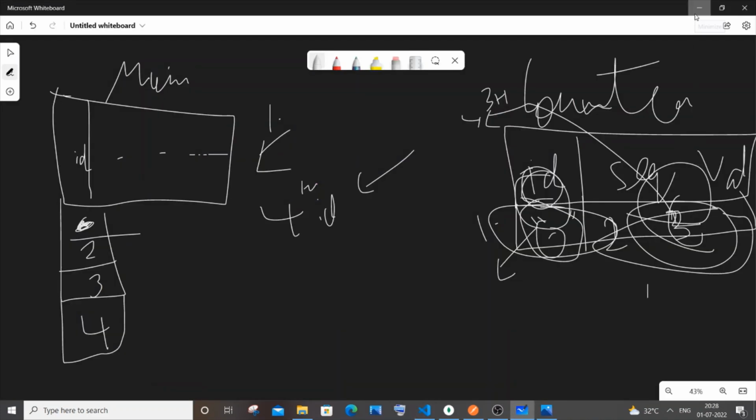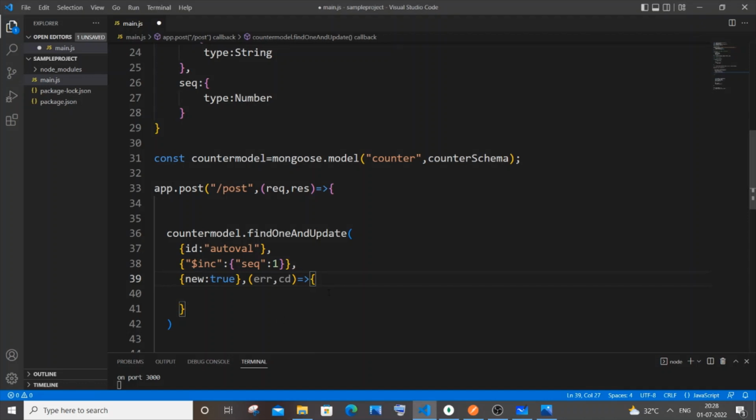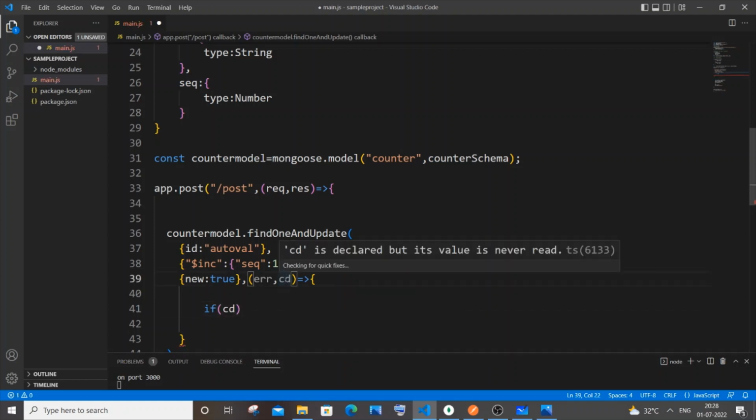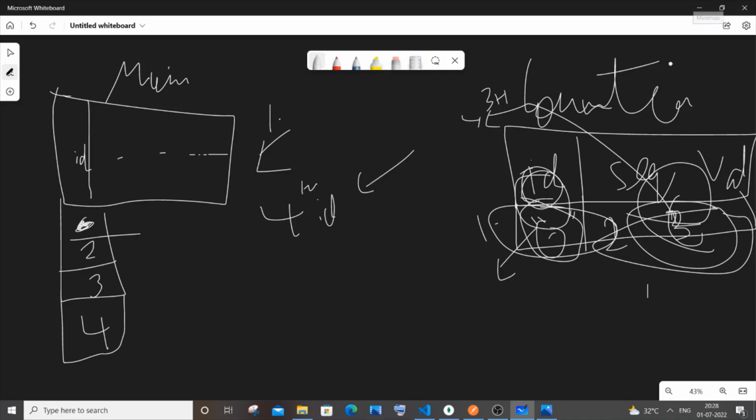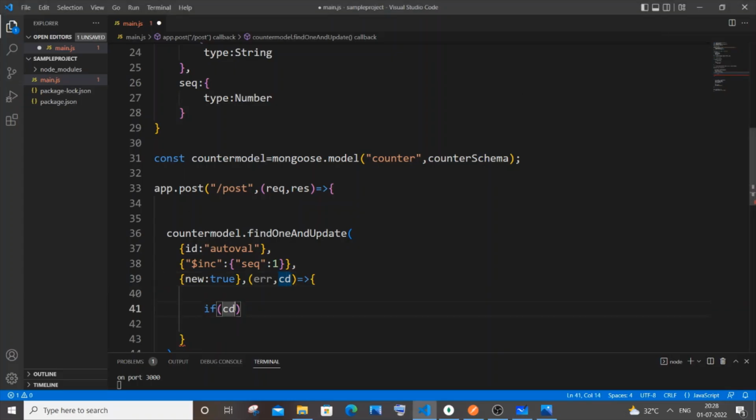This is when the first time we are posting some data in our main table. At first this counter table will be empty. So for that, we will have an if condition over here. It's going to be if our cd, that is this return data, this updated data, is null. We will get cd as null the first time when there isn't any data inside our counter table, because we can't update a table which does not have any value. So cd equal to